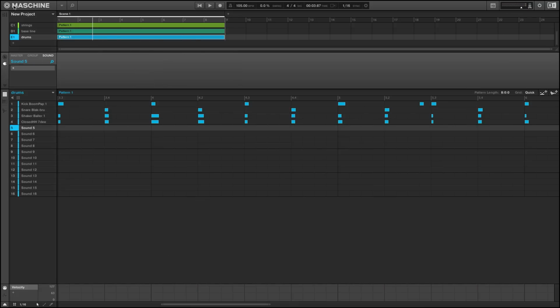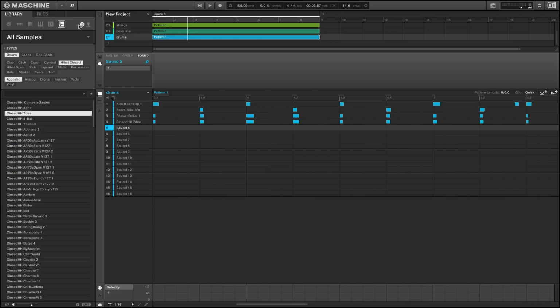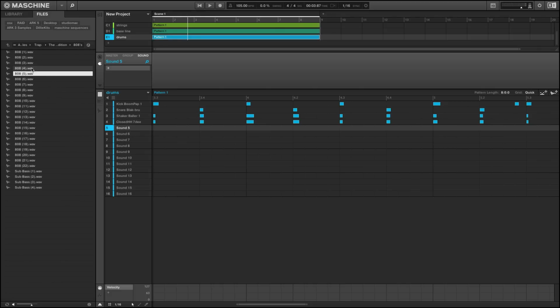Oh yeah, we can't forget the 808 sounds. We gotta add some 808. So in order to do that, let's find that sound. I may have to go into my files because I got a little folder that I like to use. From the trap kit. And the cool thing, to me, is that the bass line is at such a high note that it doesn't interfere with the 808. And that enables you to